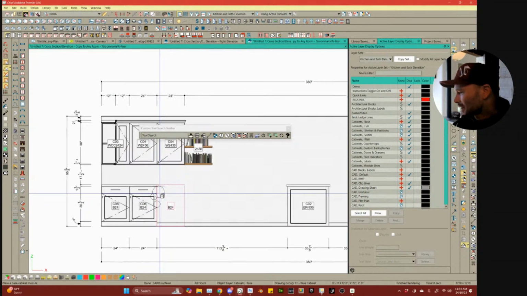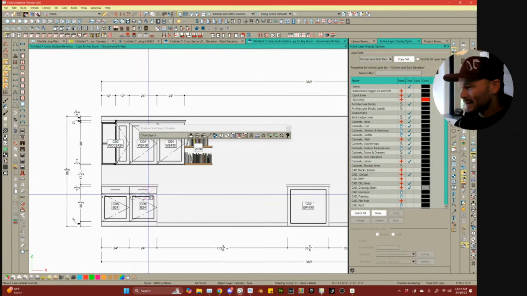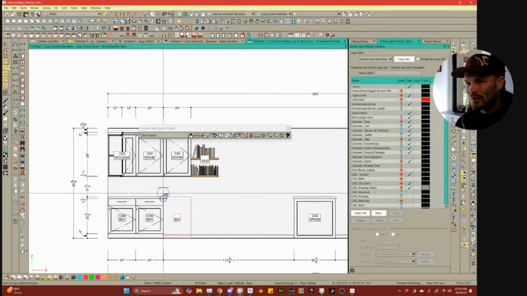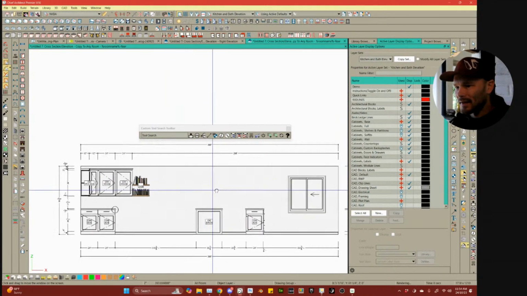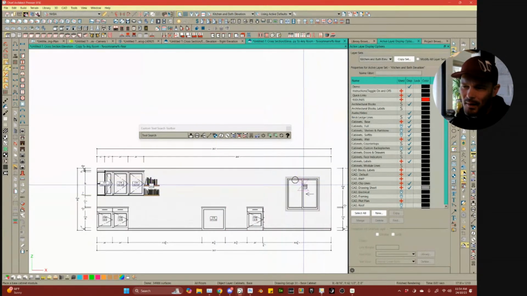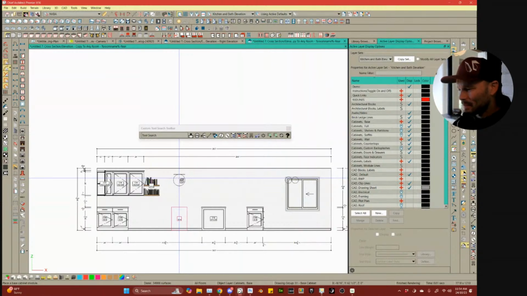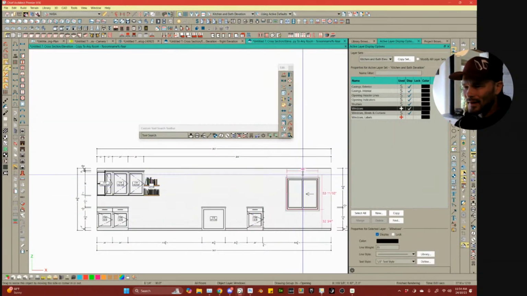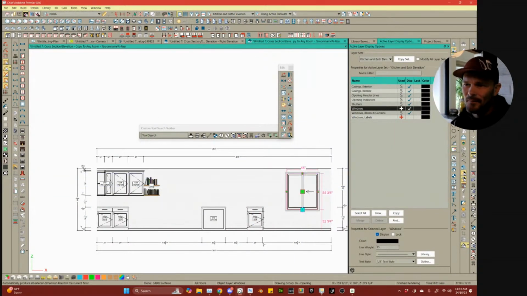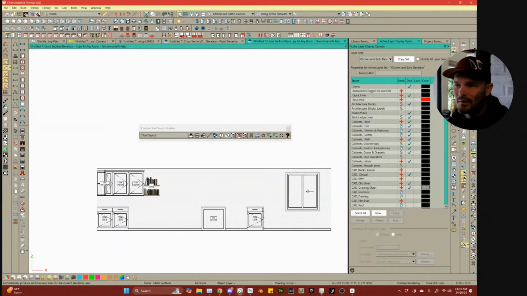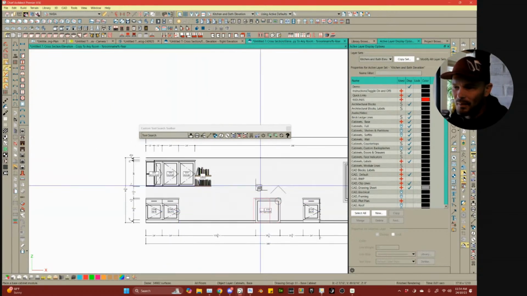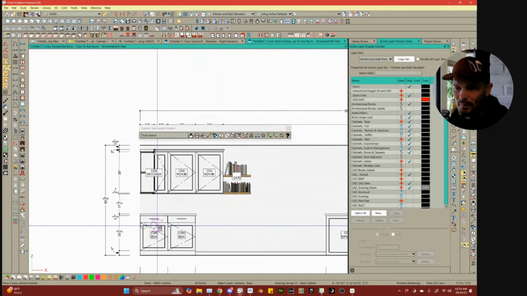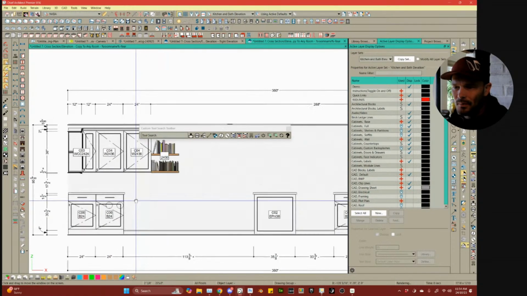I know it seems like that's an impossibility in Chief, but if you really get interior dimension defaults, you can in fact build out accurate NKBA standards. Sometimes it does not pick up the window, depending on the size of the window. Sometimes it does. So we can use the delete tool and auto again. Sometimes it's not going to pick up that window casing, so you have to manually draw that. But for the most part, this should be picking up